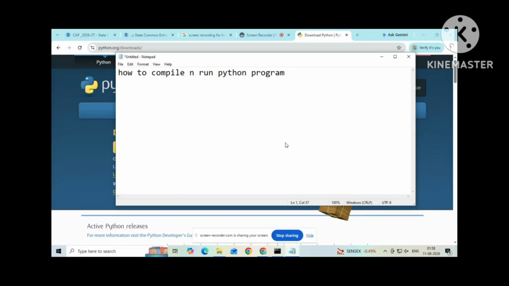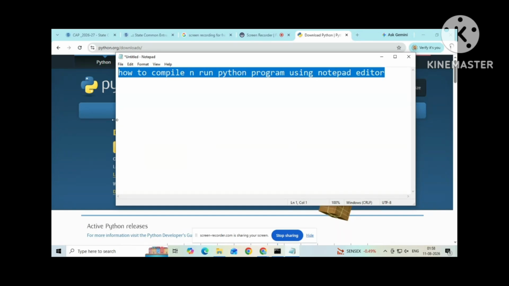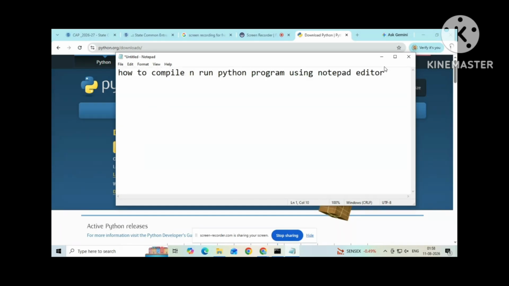Open the command prompt and type python, and we can see the version of Python which is installed on your local computer. So we can open the Notepad text editor first. Okay, so here we can open the Notepad text editor and type the simple Python code, that is print something